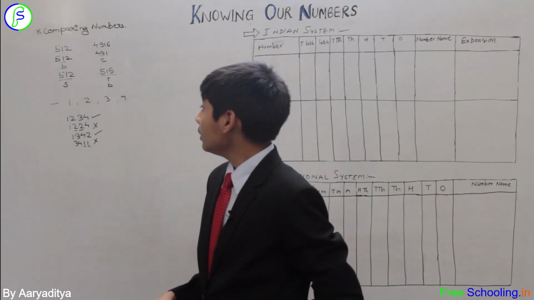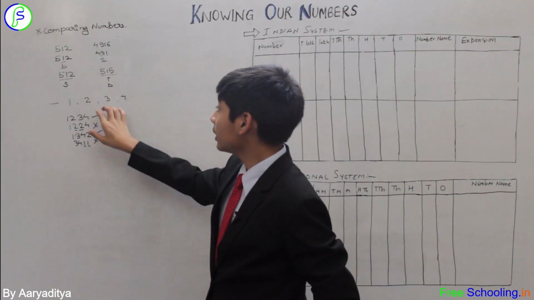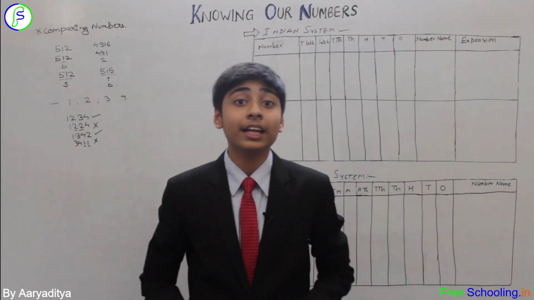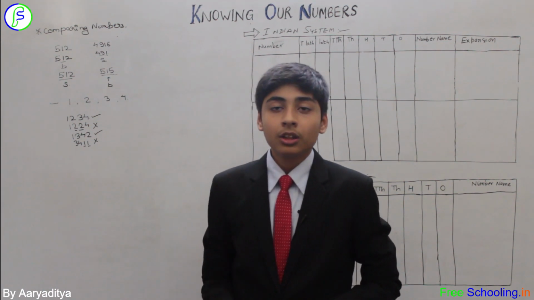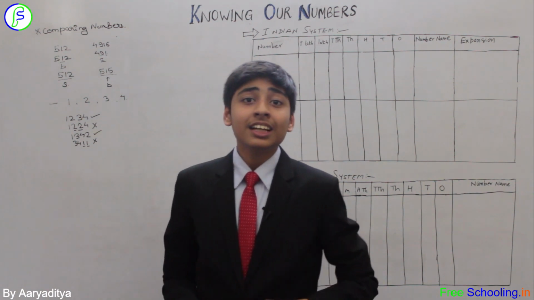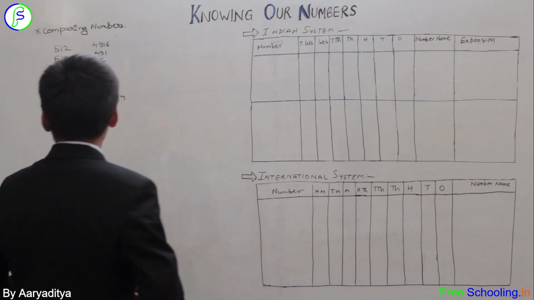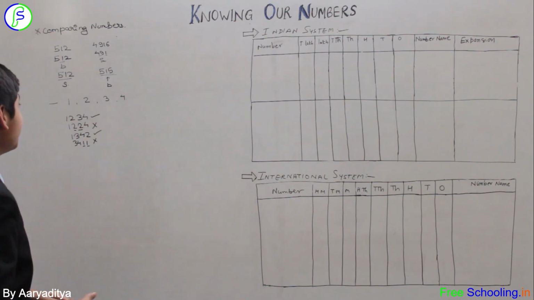So, I want you all to make different numbers from the given 4 digits, and if you are successful in getting 24 numbers, thumbs up to you. But those who are not able to get it, just comment in the comment box and I will be there to help you all. So, hope you are clear with this one.